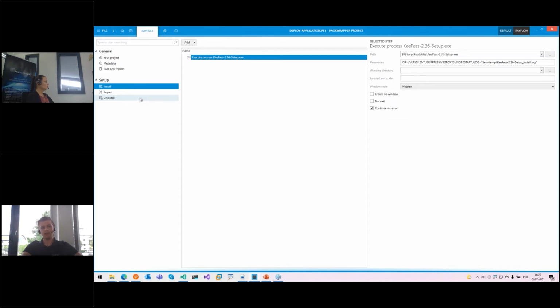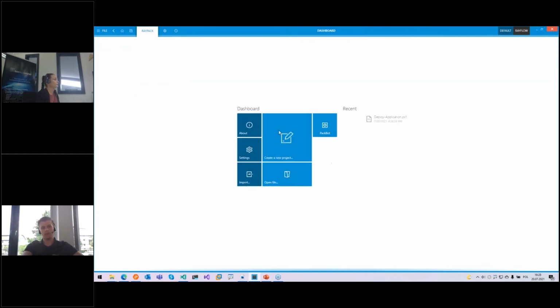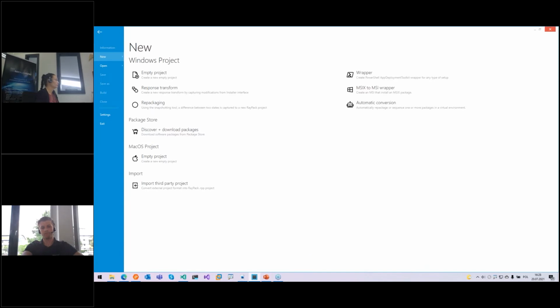Before that, let me demo another way of getting here. So what about if we don't have sources yet for the app we want to package, or we want to have them from package store where certain high-level settings are already pre-configured and available for us. So if I go now to the main menu, let's leave that project for a few moments on the side, and I'm going to create a new one where I'm going to discover and download some other app from